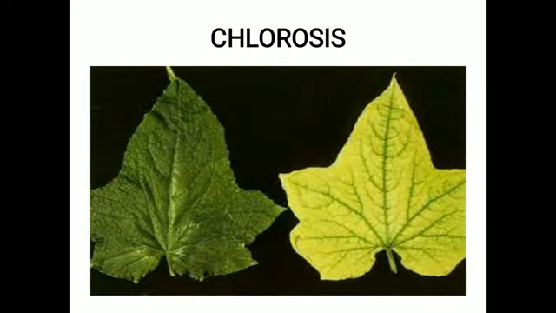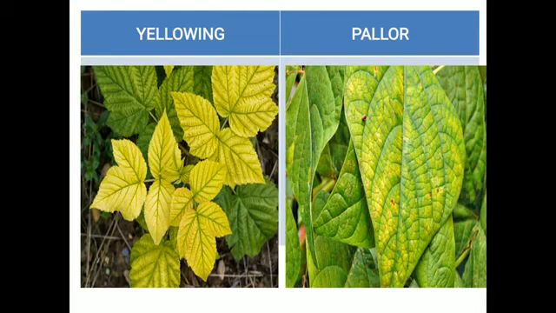There is a complete loss of chlorophyll from the leaves. That is called chlorosis, loss of chlorophyll from the leaves due to excess or deficiency of nutrients or mostly due to the attack of virus. So the plant shows chlorosis. This is a healthy plant and this is your infected plant. This is called chlorosis. There is a loss of chlorophyll from the leaves. Next one is yellowing and pallor. Yellowing is nothing but chlorosis, that is partial loss of chlorophyll from the leaves. Then it is called yellowing, as we discussed,